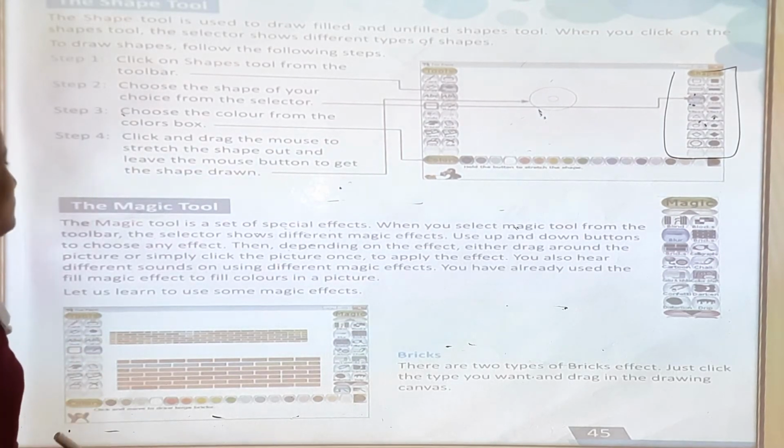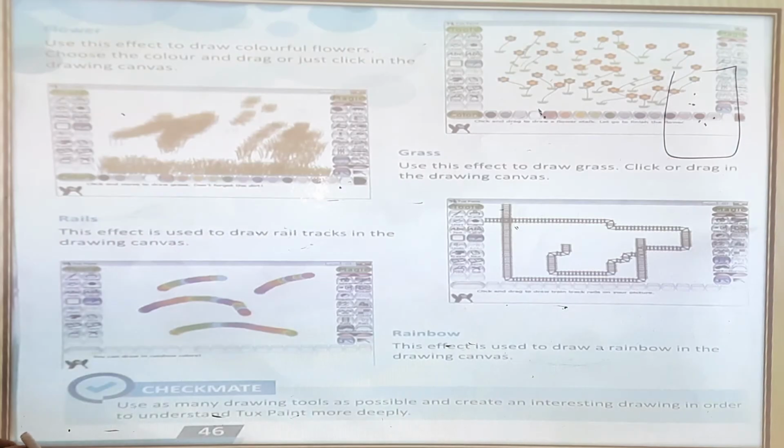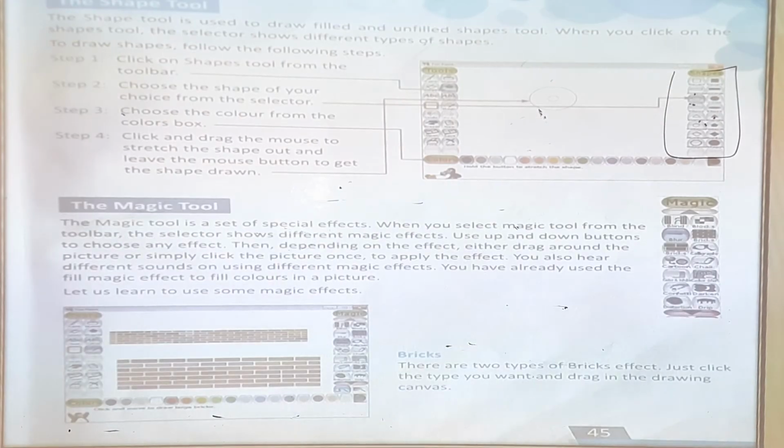Okay. Now the magic tool. What is the magic tool? The magic tool is a set of special effects.